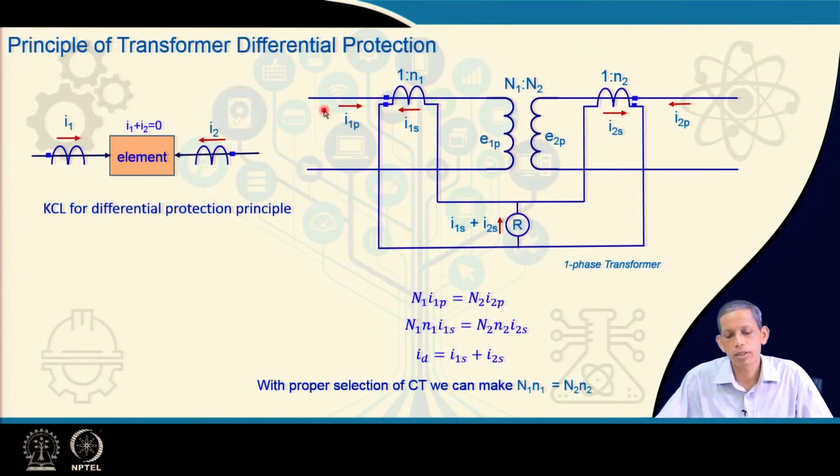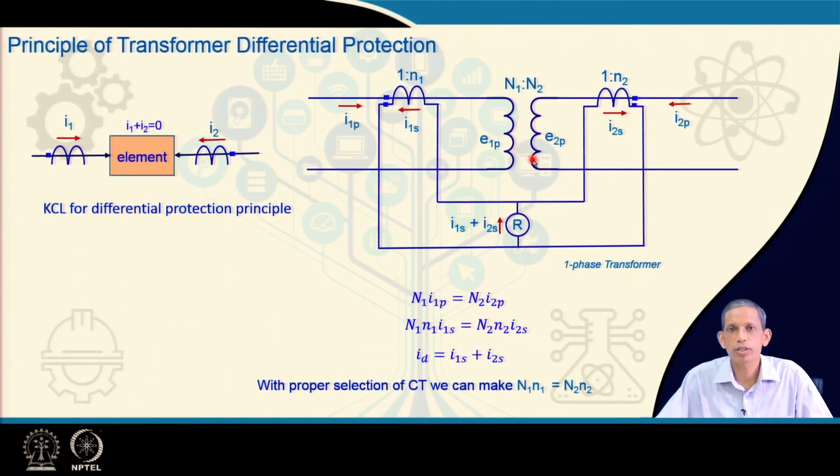Normally, suppose the transformer is feeding load on the right hand side. The current will flow from the primary side to the secondary, the N 2 side, and then the load current will flow accordingly. In that case I1s plus I2s will be equal to 0. For any internal fault, I1s plus I2s will no more be 0; rather, it will be the corresponding internal fault current amount.